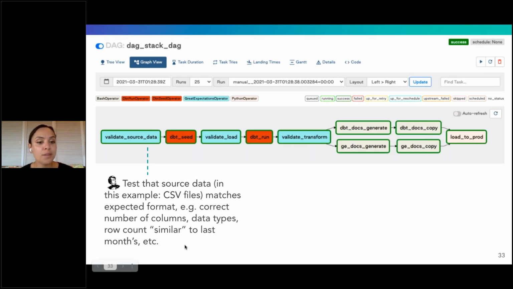Yeah, you can check correct number of columns, data types. You can check that the row count is kind of similar to the previous month, et cetera, et cetera. And those tests are implemented in Great Expectations. Again, with DBT,